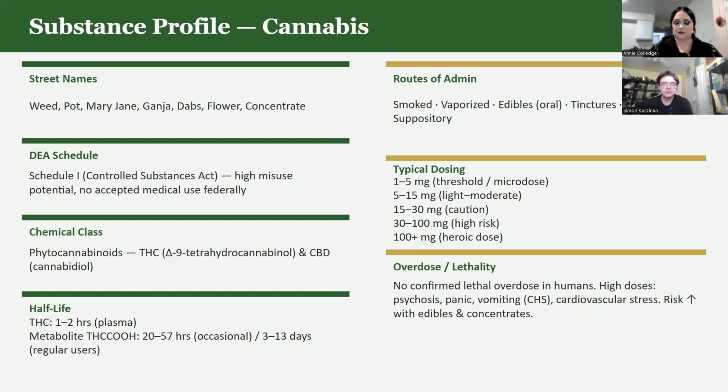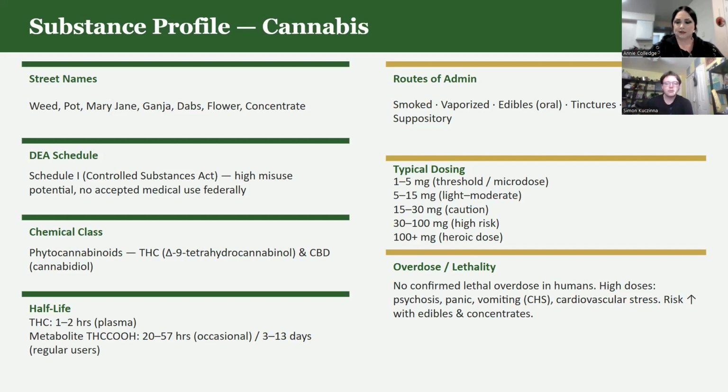People use cannabis in a lot of ways. Smoking and vaping are the most common, but people also use edibles, tinctures, and topical applications. It's listed here as well as suppositories, which I thought was really interesting. This matters because the route of administration affects the onset and duration. An edible can take a couple of hours to take effect and last 4 to 8 hours, while smoked cannabis acts within just a few minutes.